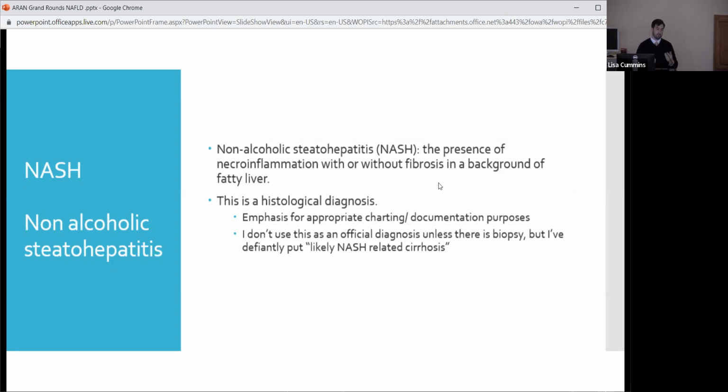So if you're unsure, just go ahead and put NAFLD or MAFLD or one of the other things we'll talk about. And I have definitely done that. When I've seen someone come in, new diagnosis of cirrhosis, they want us to do EGD and monitor and screen them with ultrasounds, and I see that their liver enzymes have gone up pretty quickly over the course of a couple of years, maybe within a decade. And now they have cirrhosis, and you've followed their labs and you can see a quick progression. That's probably a NASH process. So I've definitely put that in my notes for clarity, but